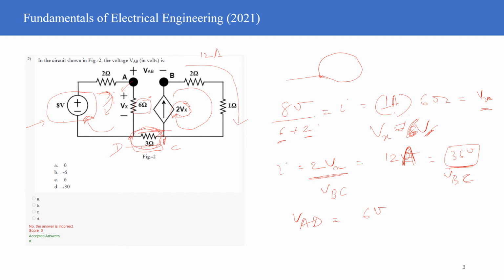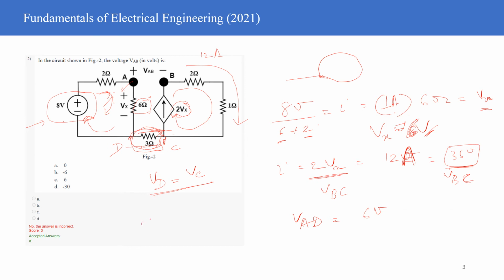6 volt. Now the potential at D is equal to the potential at C. The reason is the same which we had discussed earlier. No current is flowing here. So if no current is flowing here, that implies that the potential drop is equal to 0, right? So both these node potentials are equal, and therefore you can write that